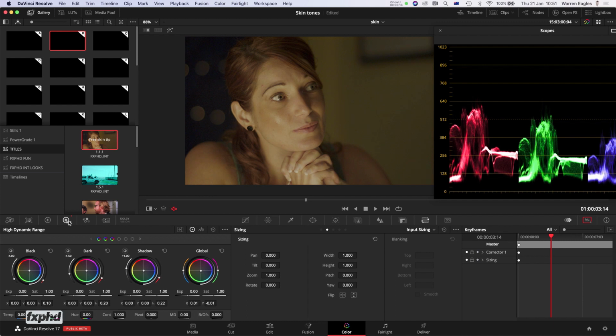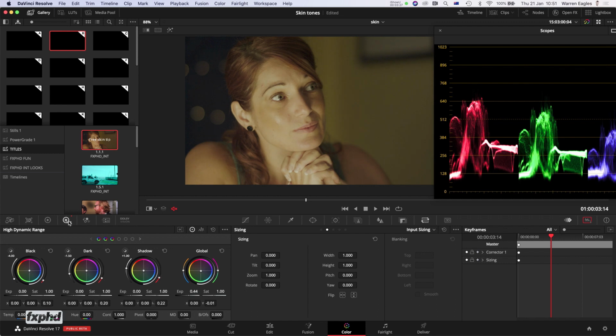Now I'm looking to get some separation out of the background to try and separate her off that background. On my wheel here, you can see I'm adjusting the exposure in the global, and I've also got a saturation in the global. So I'll do a little bit of that as well. I'm looking just to see if I can ease that yellow from her there. Always do as much as you can in the primary grade.